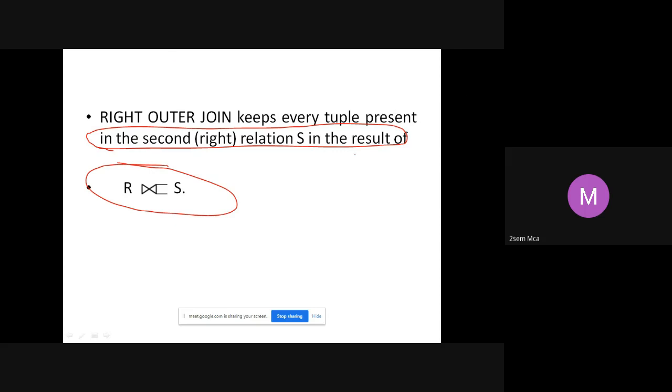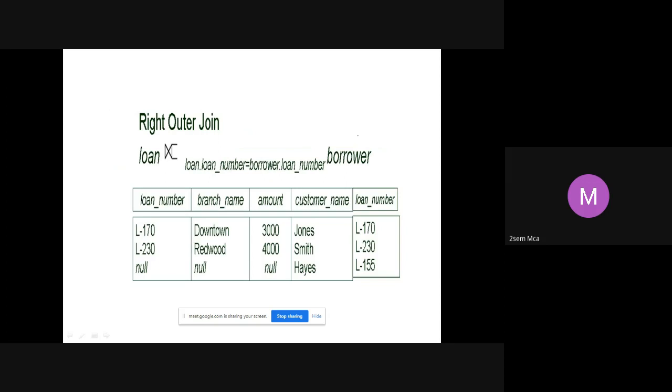I will take the same example, loan and borrower. See what we are doing here. We are applying a right outer join between loan and borrower. This is an indication that it is a right outer join. Loan dot loan number is equal to borrower dot loan number. You are applying it on borrower. Right outer join.